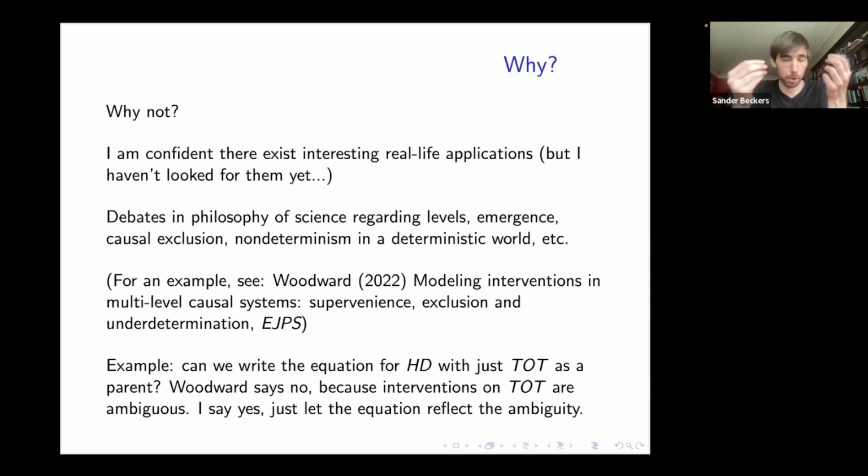And indeed, that's a point that Woodward makes. Well, you can't allow this if you use everything that existed so far. You can allow it if you just make precise that there is this ambiguity. And this will be the case if you allow for non-deterministic causal models. So then nothing prevents you, at least, from considering a high-level model where you have total cholesterol as a parent of risk of heart disease. It'll just be that the causal model won't be specifically telling you what value for heart disease there's going to be for each intervention on total. It'll be ambiguous or non-determined.